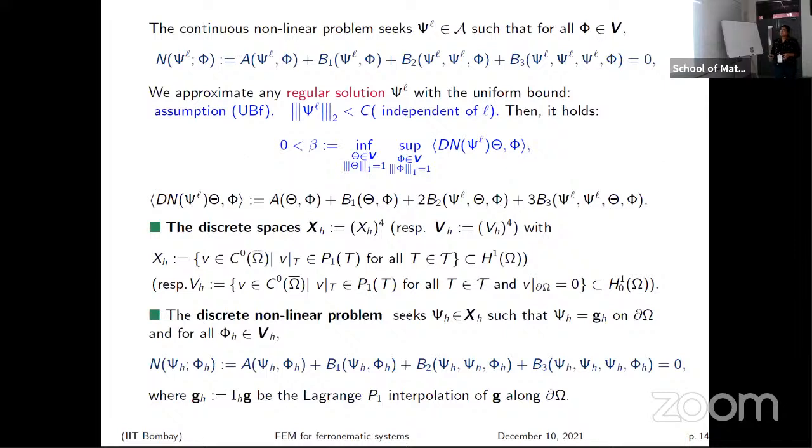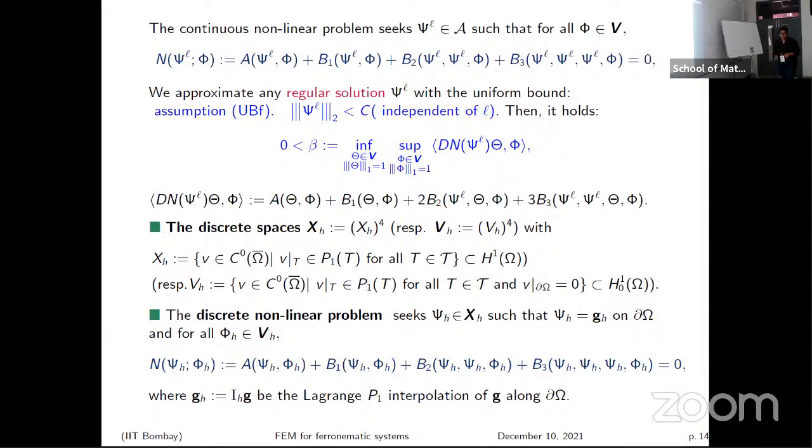So the continuous nonlinear problem is to find psi in the admissible space such that for all phi in the test space, this system holds. So we want to approximate the regular solution psi which satisfies the uniform bound. So recall that in the previous part we have established these bounded spaces for a particular set of global minimizers. Here this is an assumption. So since we approximate the regular solution, we have this H2 condition where the data is